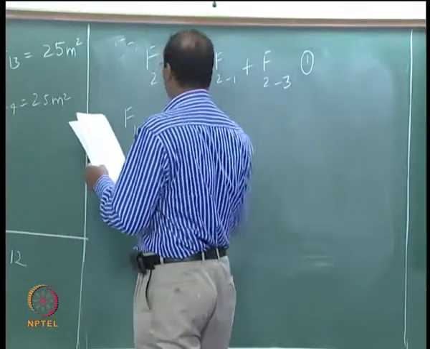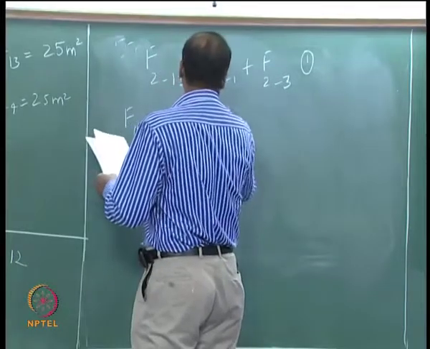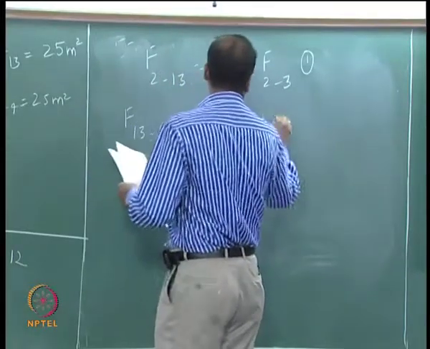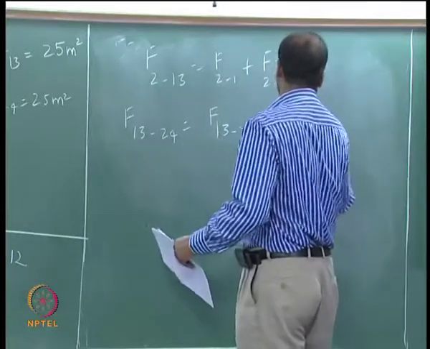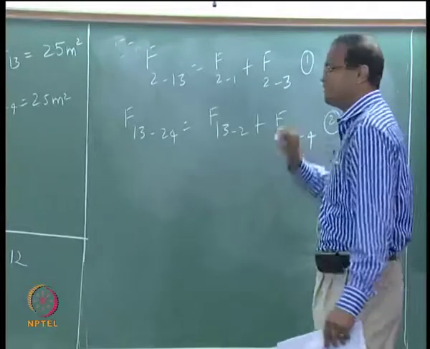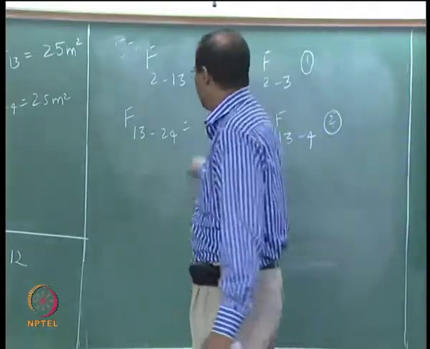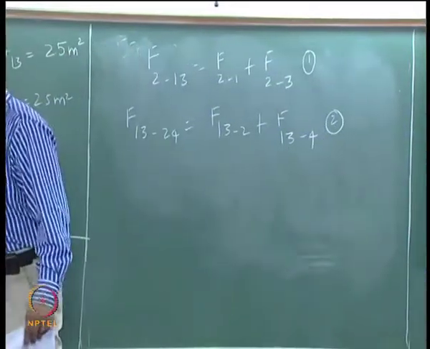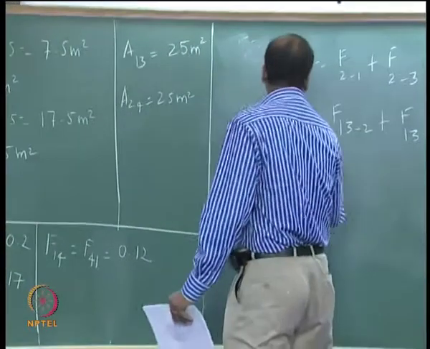No, F1324 is equal to F1322 plus F1324. Now we can do something with this. Left side is 0.2, you know, right? F1324 is 0.2, we already got. Therefore,